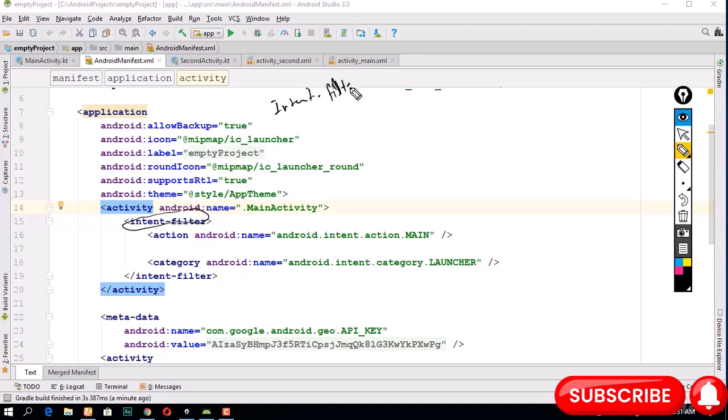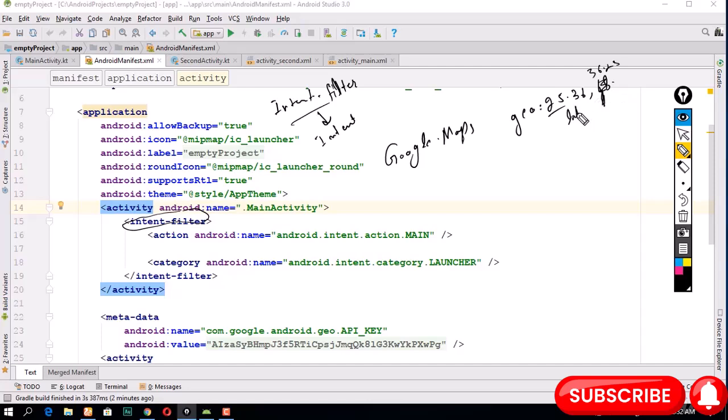Well, in simple words, it means what kind of intents will your application receive. For example, we have Google Maps, right? So Google Maps receives the intents which start with geo, right? If I have geo, then I have the coordinates like 25.36 and 36.25. So if I have latitude and longitude, this type of scheme